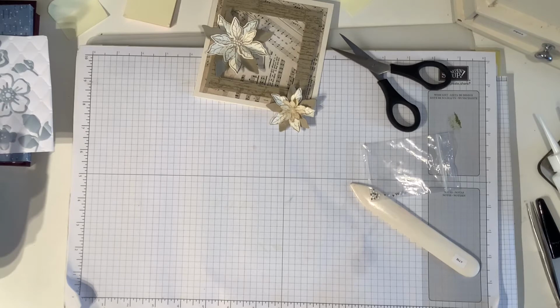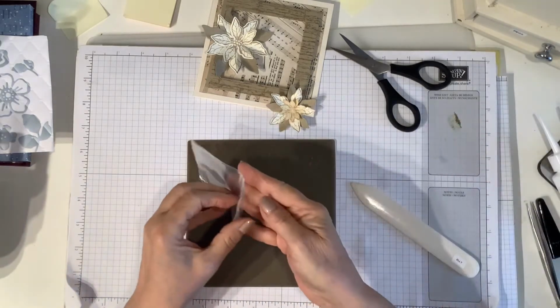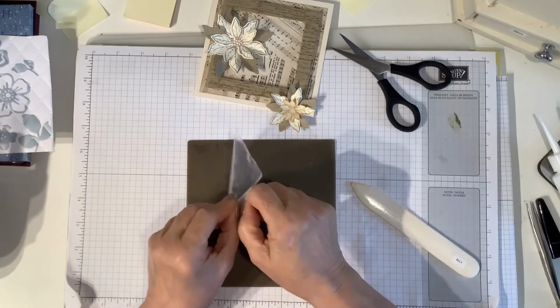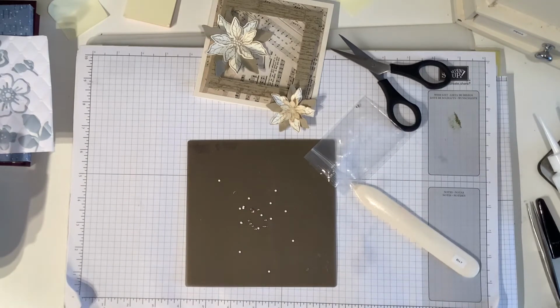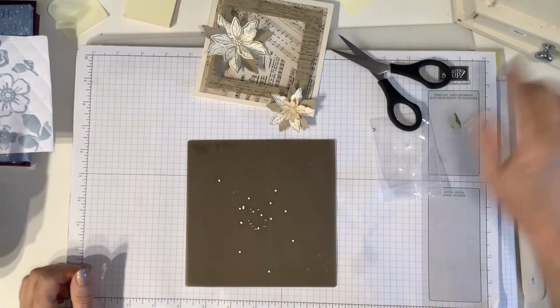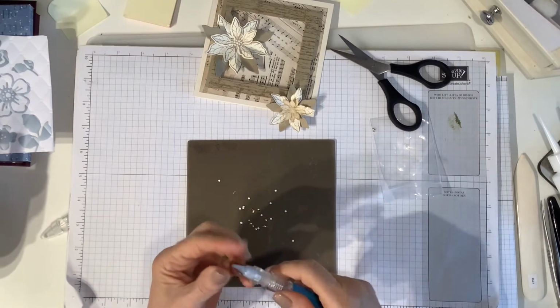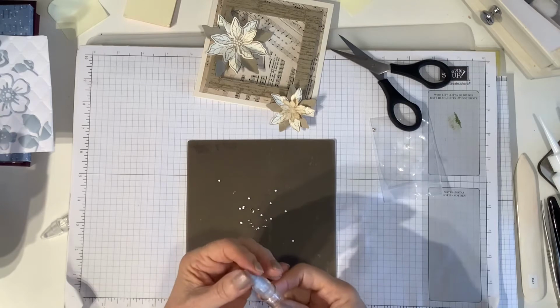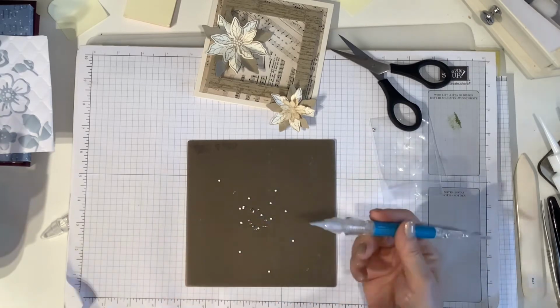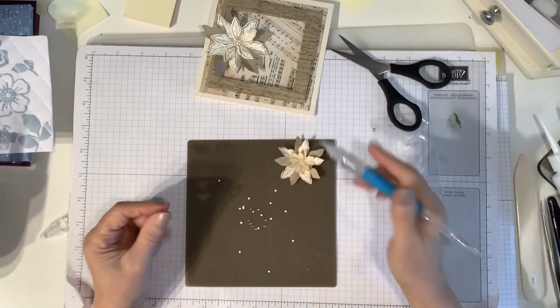So I find it's easier to deal with them if I pop them onto my little silicone mat, because it stops them getting lost. They stay where they are then. Now to pick these up, Stampin' Up do a tool called a pick me up tool. This is the same kind of thing, but I happen to have this one from very many years ago, and it's very, very similar. So it's got a little bit of, they call it putty in the top. I think it's actually blue tack,